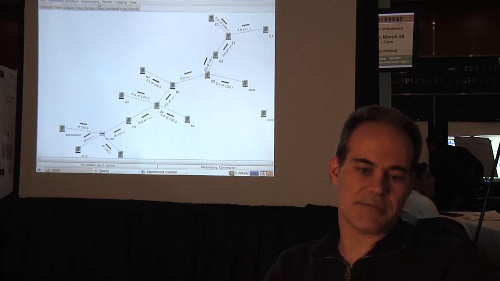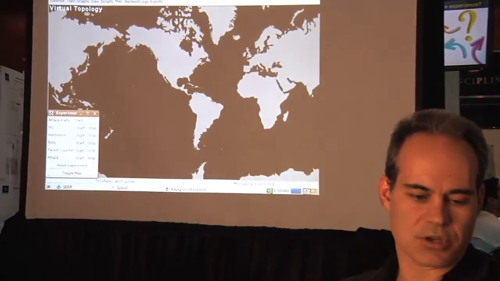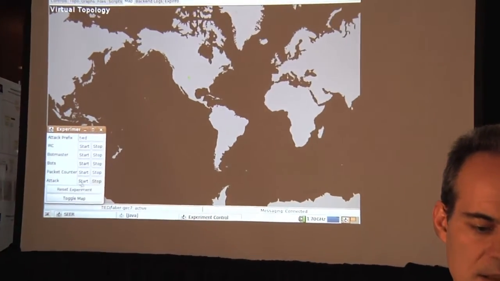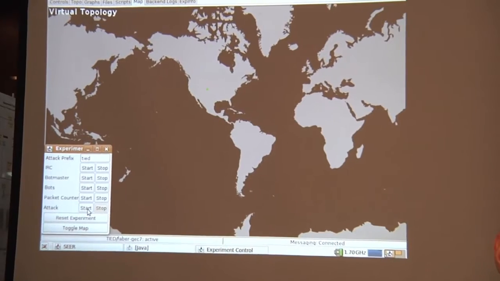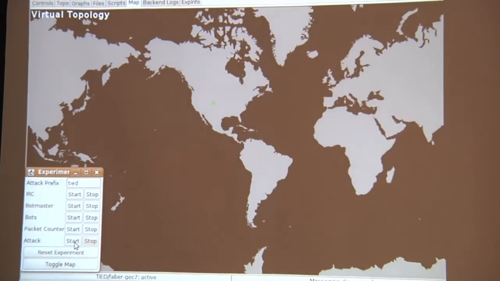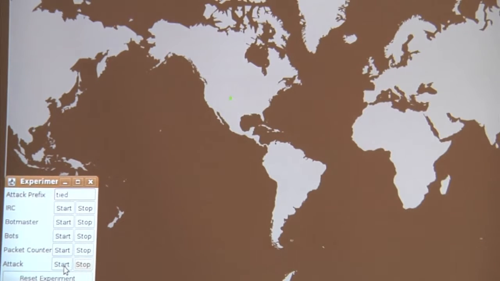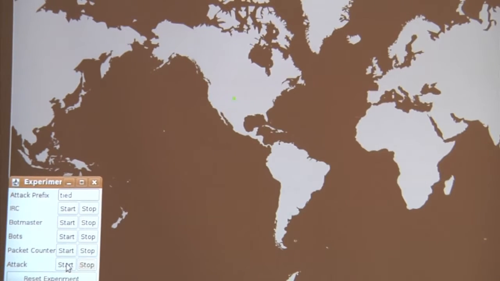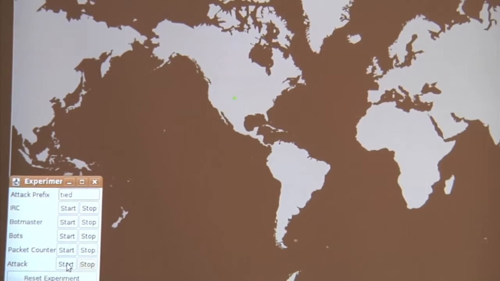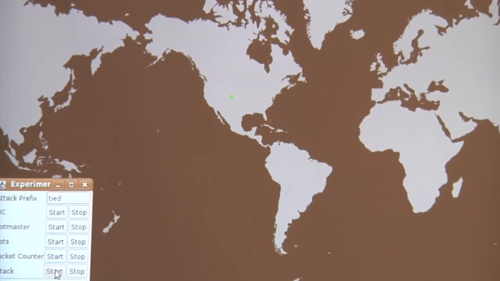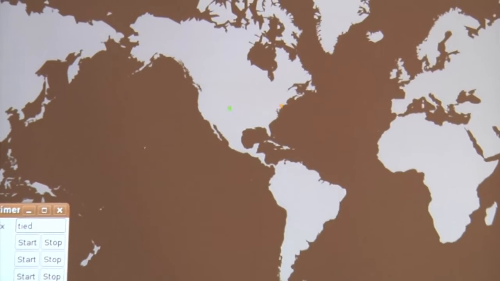So this visualization is the worldwide coordinate system of the virtual experiment. And I'm starting that experiment now. In a couple seconds you'll see some nodes that are under attack. They'll look like bombs are going off on those nodes. And then you'll see the